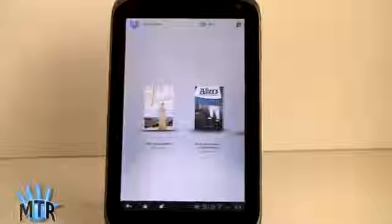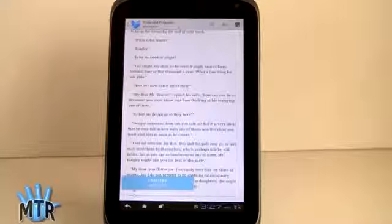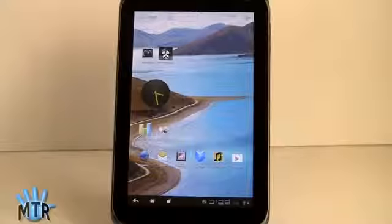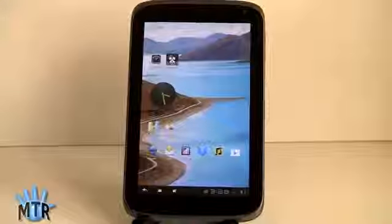And now we're in Google Play Books. You can see how the book looks. Very nice, sharp, clear, and dense text. Good looking stuff. The tablet has a 1.2 gigahertz dual-core Qualcomm Snapdragon CPU, which should be a pretty good performer,